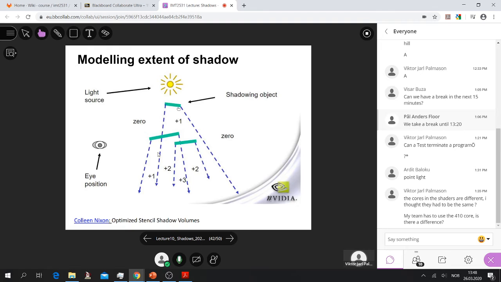Here I just draw them as bars because it's just to illustrate the principle. But for each occluder in this space, you will get this shadow cone. So here we have one shadow cone, here we have another shadow cone, and here we have a third shadow cone. And this, of course, makes things much more complicated. But it's not that hard, actually, because